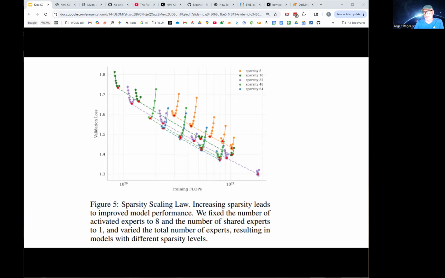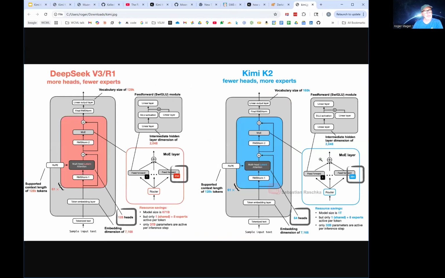A quick question: when it goes back up, is that overfitting? In other words, increase the flops and it gets worse. They haven't explained this diagram, but this is one of those Kaplan/Chinchilla scaling law things where if you do iso-flop, then when you make part of the model bigger, that forces you to do less training in order for it to be iso-flop. You know what I'm saying?